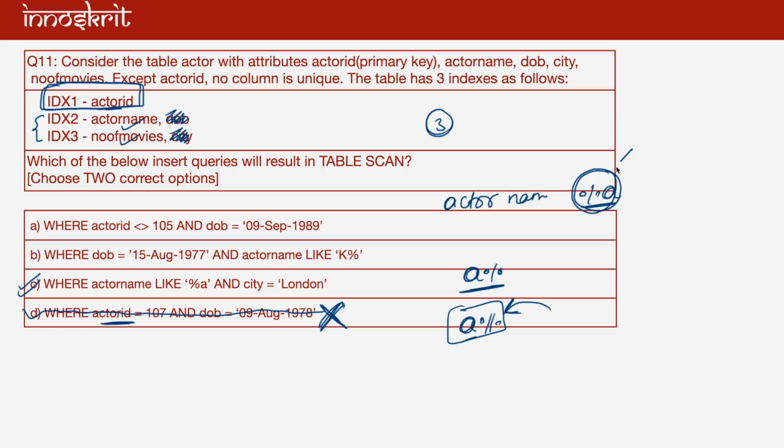अगर आप ऐसे लिखते हो तो ये इंडेक्स को यूज नहीं कर पाएगा। कहने का मतलब, क्योंकि एक्टर नेम एक इंडेक्स है और एक्टर नेम को अगर LIKE '%A' लिखते हो तो इसके लिए इंडेक्सिंग यहां पे काम नहीं करेगी। अगर आप 'A%' लिखते तो इंडेक्सिंग यहां पे परफेक्टली काम करती, ठीक है। अब क्योंकि यहां पे इंडेक्सिंग काम ही नहीं कर रही है और जो दूसरा एट्रीब्यूट है वो सिटी है, और सिटी का एक्चुअली इंडेक्स बना ही नहीं। तो दैट मीन्स ना ही तो यहां पे आपने इंडेक्स